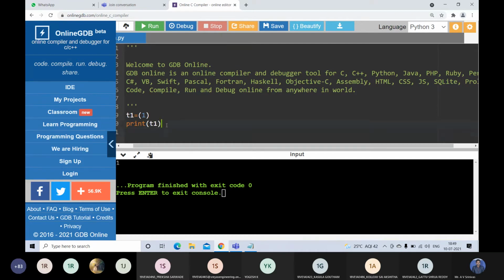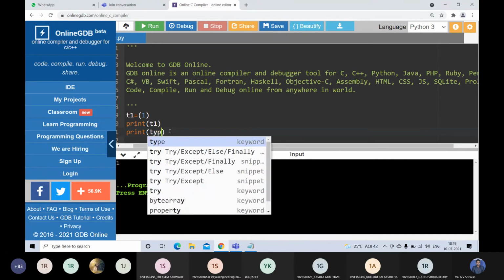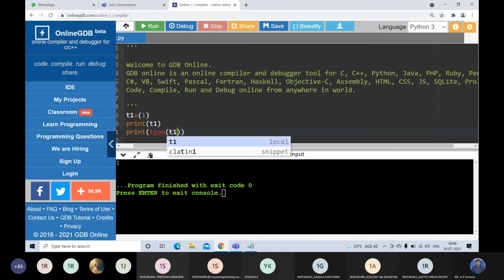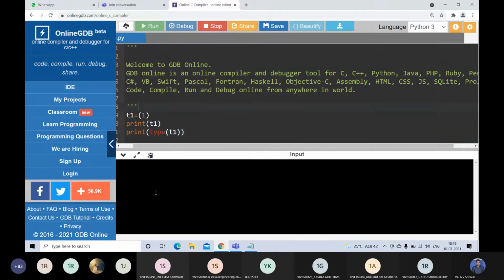Suppose if you want to check whether it is a tuple or not, you can use one function called the type function, type of T1. It shows what it is. Type of T1 is integer. That means this is not considered as a tuple. This is considered as a normal integer value. That's why creating a tuple with one element is a tricky one.